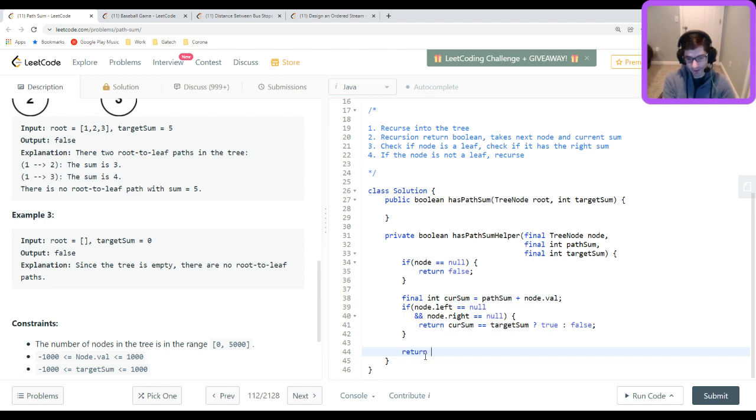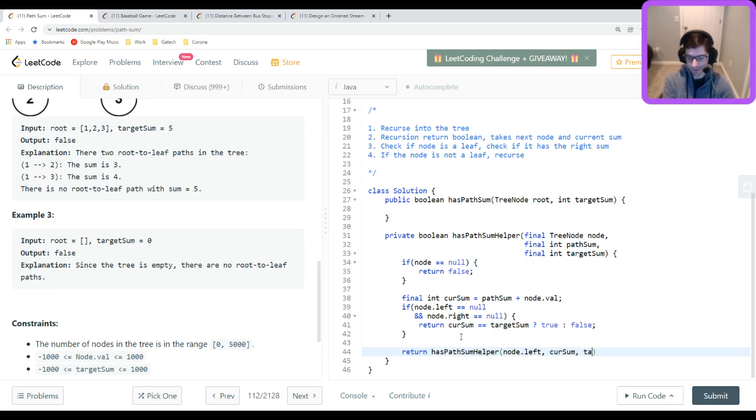So then here, I think this gets pretty straightforward. So I already have current sum, and I just need to recurse into node.left and node.right, and we're going to return the results. So has path sum helper node.left,